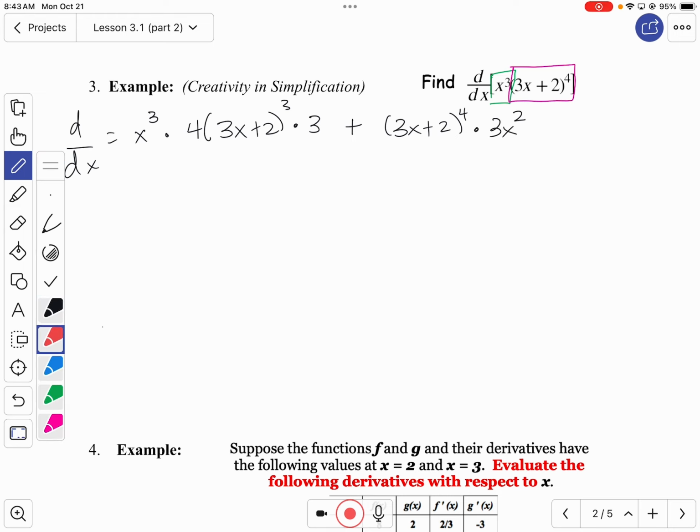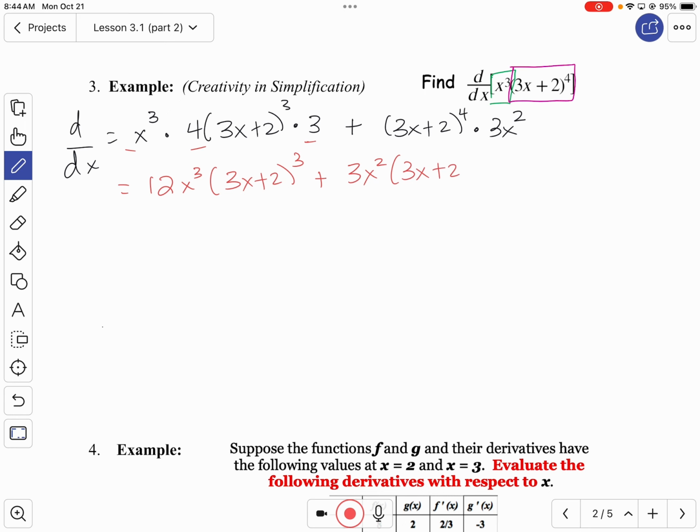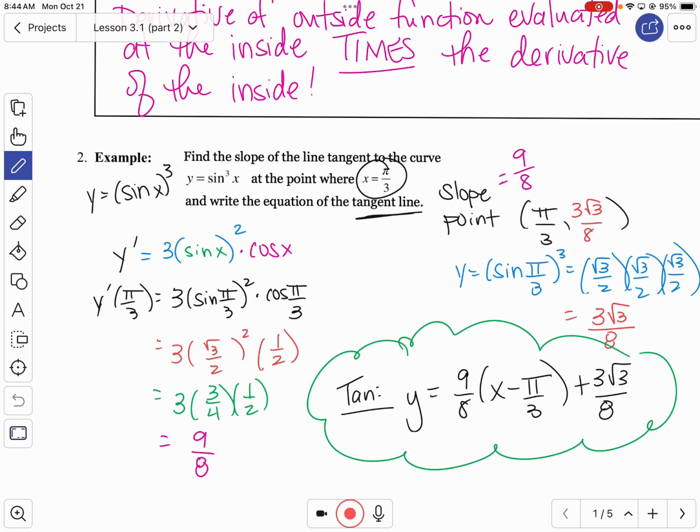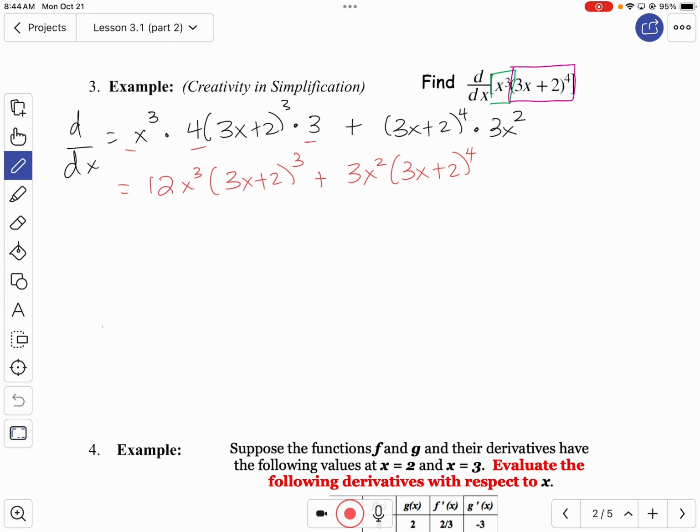Now, this is where I'm going to do some creative simplification. Basically, what I'm going to do is take everything that's not in a parenthesis and multiply it together. So a 3, a 4, and an x cubed is going to give me 12x cubed, and then 3x plus 2 to the 3rd. Plus, on the other side, I've just got a 3x squared and a 3x plus 2 to the 4th. Now, the reason I wrote it that way is because I wanted you to see it